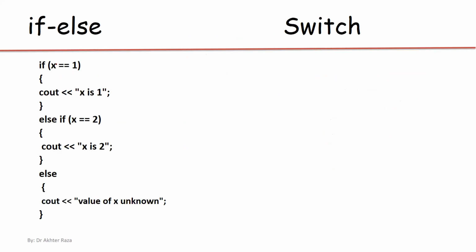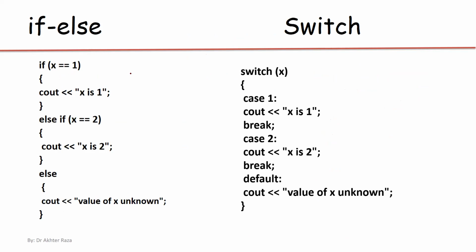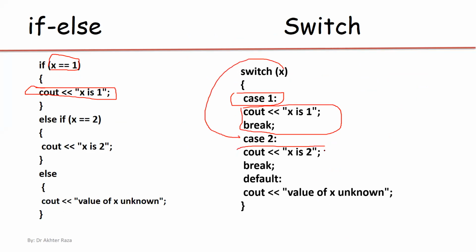Now we have a comparison of if and switch. In the if, you have to write: if x is equal to a, this section will be taken. In a simple way, we can write switch, case 1. Switch case 1 is exactly the same as x is equal to 1. Then this action will be performed. Then case 2 will be checked. If the value of x is 2, then this action will be performed. Default means what? If none of the cases is valid, then whatever you wrote in the default will be done.